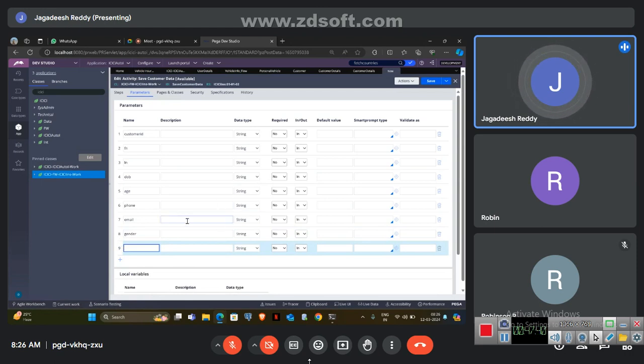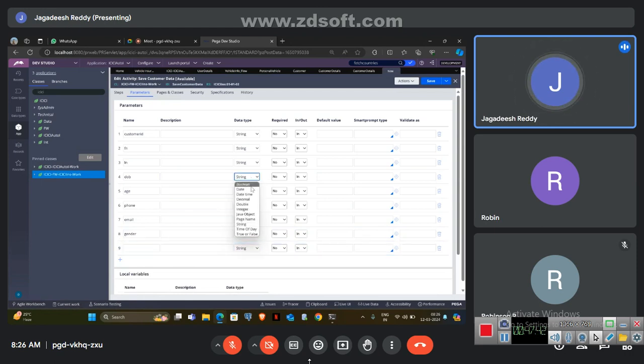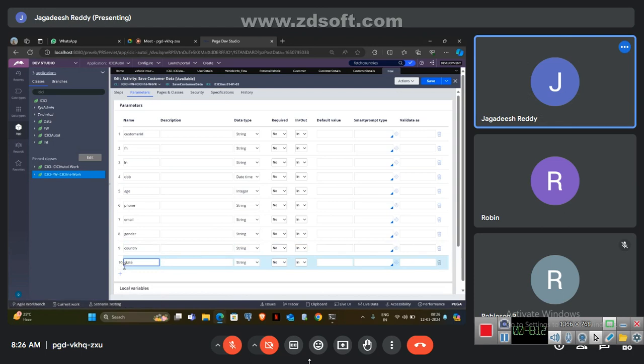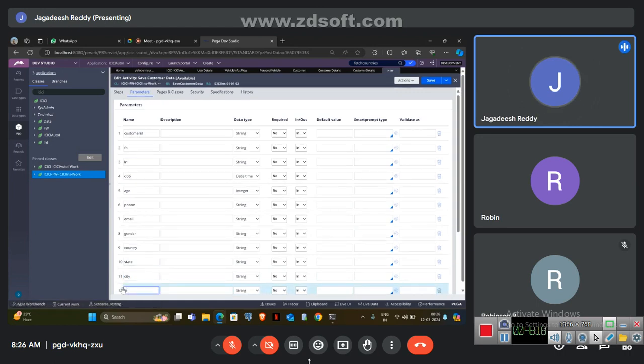Date of birth is date only, right? String, date, time, age as an integer. Phone, we don't have anything like phone. Email also, we don't have anything like gender. And then next one is like country, state, city, zip code. So now